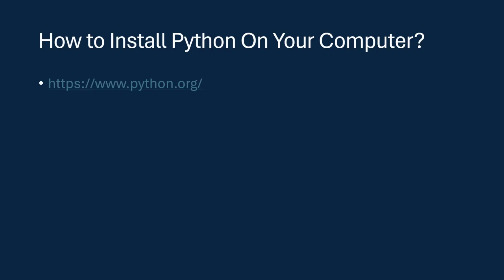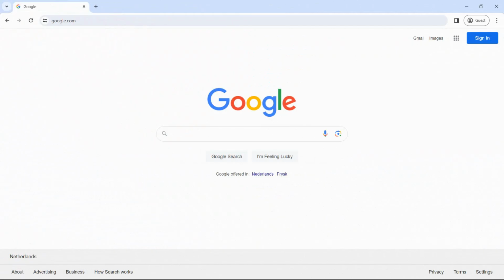The same site also contains distributions of and pointers to many free third-party Python modules, programs and tools, and additional documentation. If you want to install Python on your device, go to